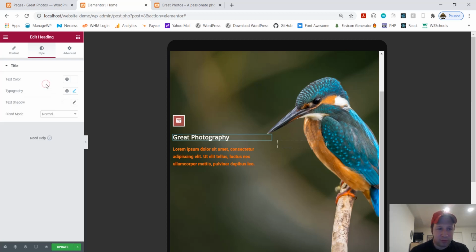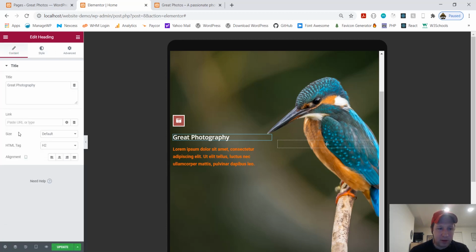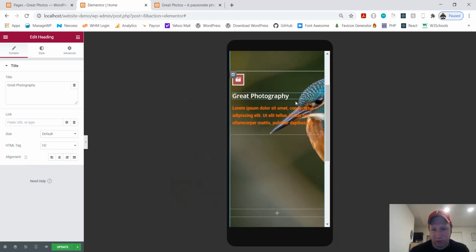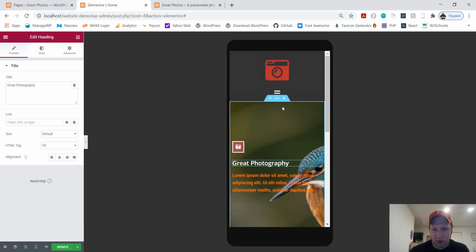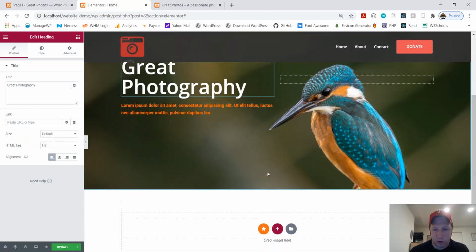Now, find another one of these things. Now you're on tablet mode. Click that, and now it's on mobile. And you can just see what your website looks like on mobile. So it gives you this little hamburger thing and your logo. So it just shows you the different options. Okay, let's move on. Our next section.